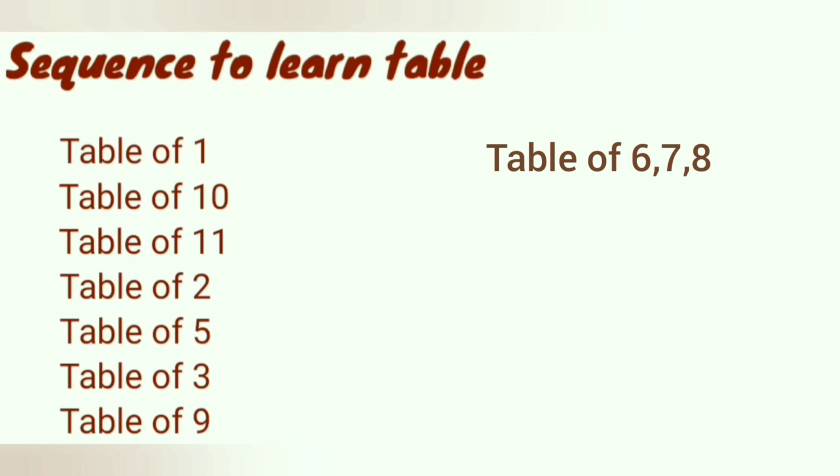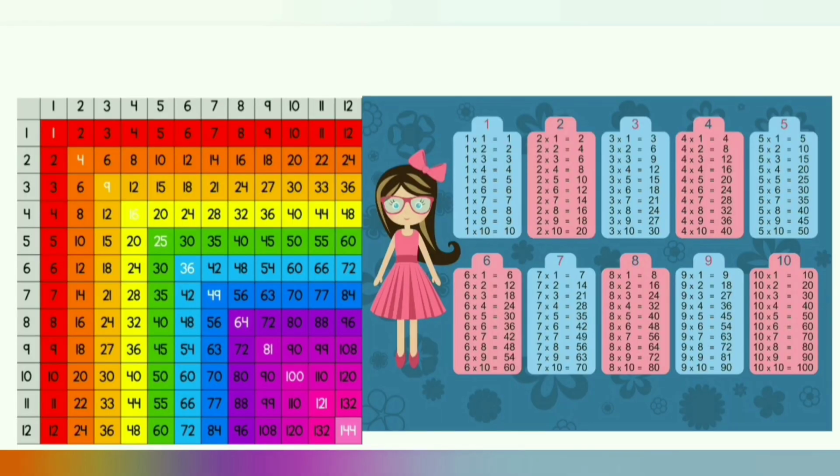Now move on to the next concept, which is the elimination concept. Now you can see two charts on my screen. In the first chart, I wrote only the answers of the tables. Means 2 ones are 2, 2 twos are 4, 2 threes are 6, 2 fours are 8. Then only 2, 4, 6, 8 I have written on the first chart. You can see this horizontally and vertically in the first chart in the orange zone, right?